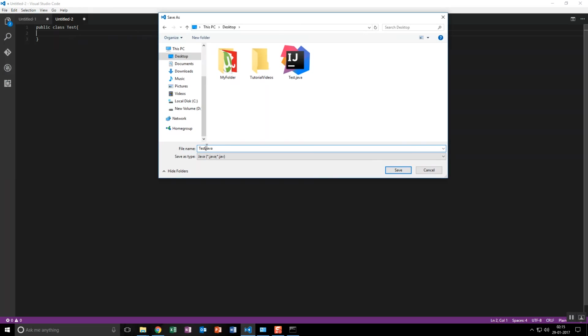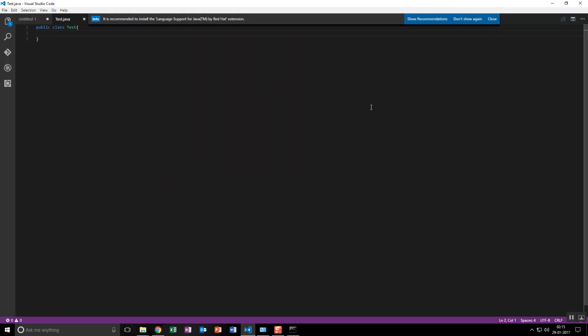Okay. You should follow this format in order to avoid confusion. Class name and the file name should be the same. Don't ever change it, because this is a convention. Later I'll explain why we have to follow a convention. Now we'll test out this Java file. Okay. Yes, since it already exists, I'm testing. Now you see it automatically provides syntax highlighting only when you save the file as Java.